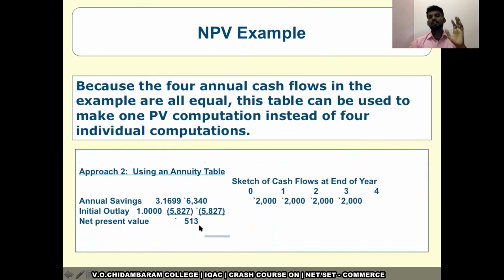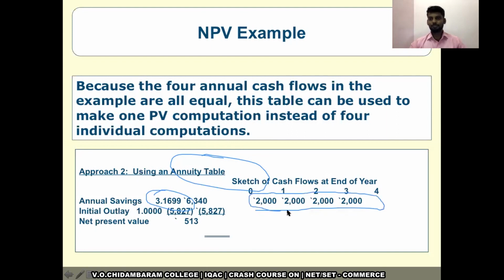It is also an annuity table. The value is derived from the annuity. Just now I told you that it would be given in the appendix of the textbooks, so the value is taken from the table. For example, the cash flows are similar for 4 years. The same cash flows are being earned in a project, so you can use the annuity table. If you take 4 years and 10 percent, the value is